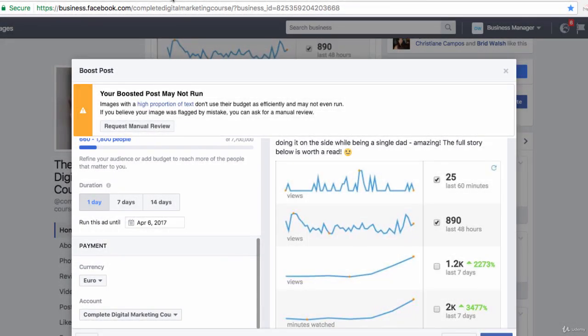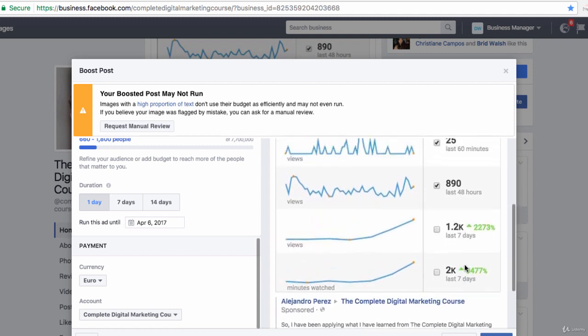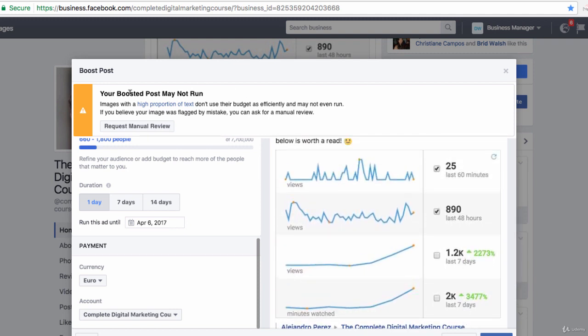Now here I am inside the Boost Post tool and I have an image here that has more than 20% text on it. You can see a lot of text in this image here. And I'm getting this warning saying your boosted post may not run. Images with a high proportion of text don't use their budget as efficiently and may not even run. So you will get this automatic warning if you were trying to run an ad with more than 20% text.